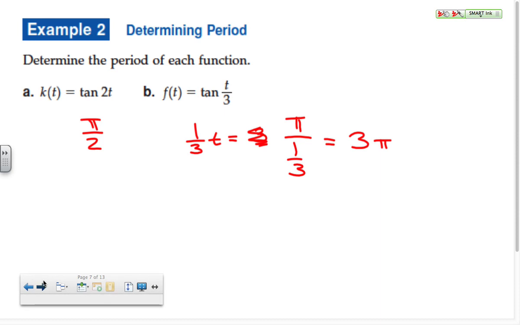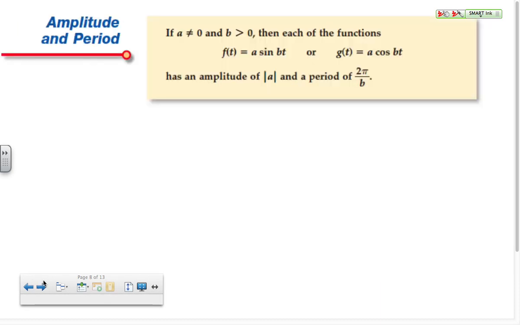Okay, next, amplitude. Now this is where we're talking about vertical stretches, and it was really confusing because we didn't have these formulas. So amplitude is the number that sits in front of the function, the absolute value of the number in front of the function. If this has a vertical stretch of 3, that's the amplitude. That means how tall it is above, not necessarily above the 0, but above the starting point